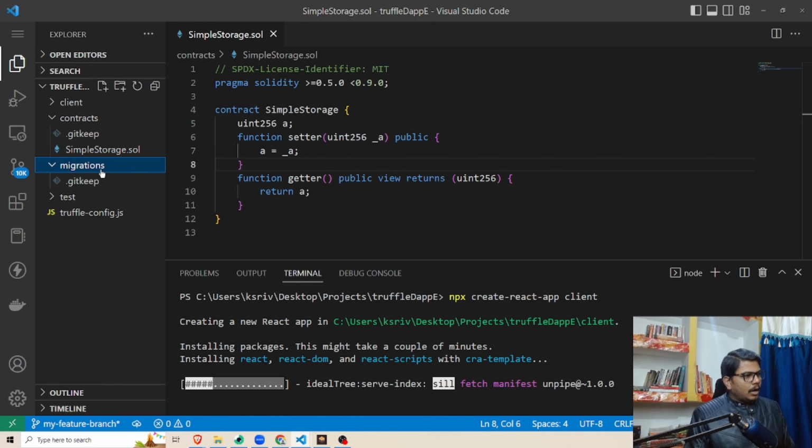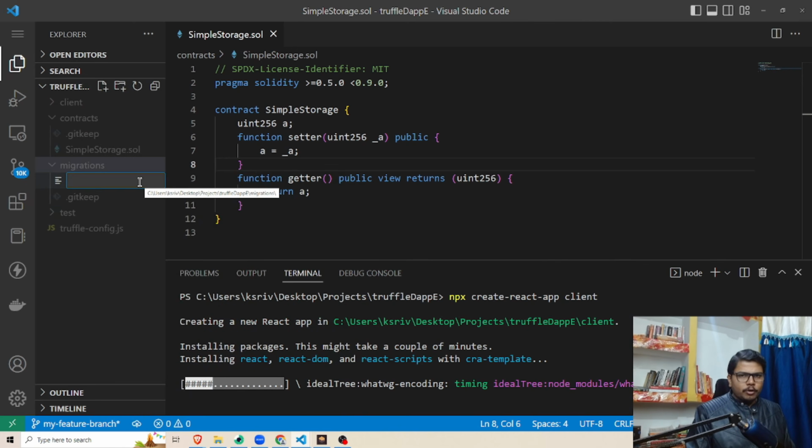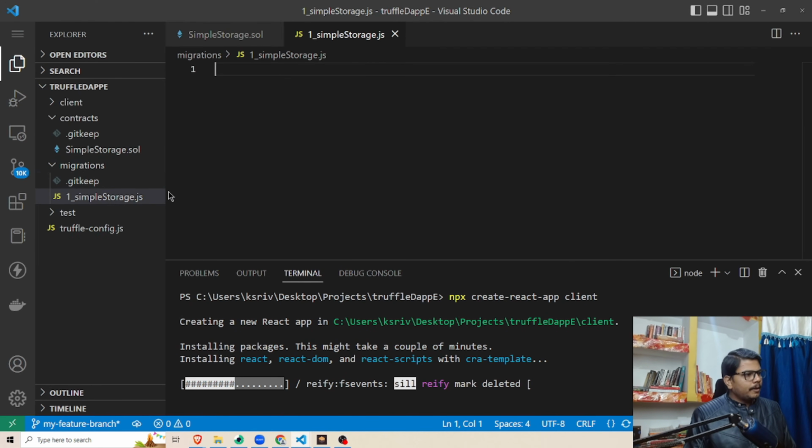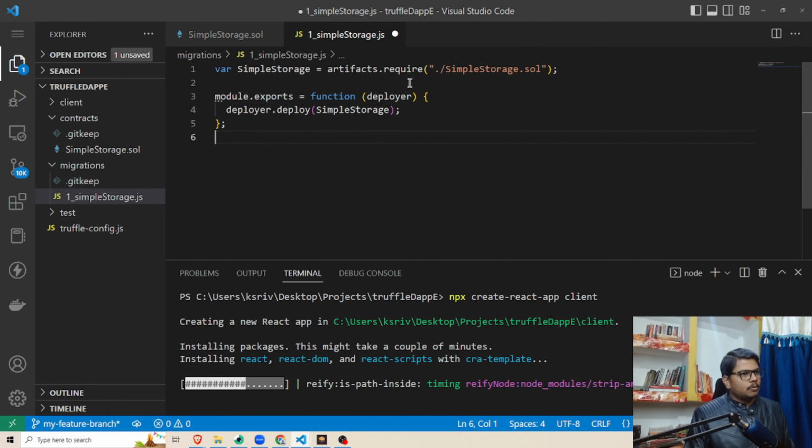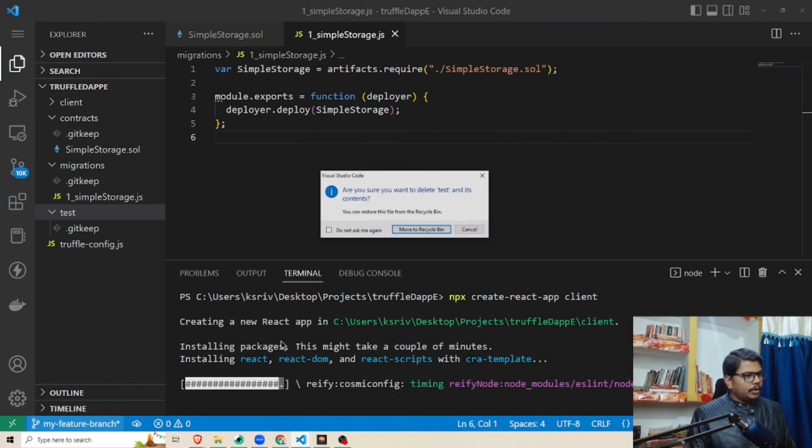Then again, we need to have our migration script. So I have provided you with the script, right? So you can simply use it now. So, one simple storage. Till the time we are doing all these things, our React application will get installed. Okay, so here we have this code, right? SimpleStorage.sol. Okay, and we can delete this test folder